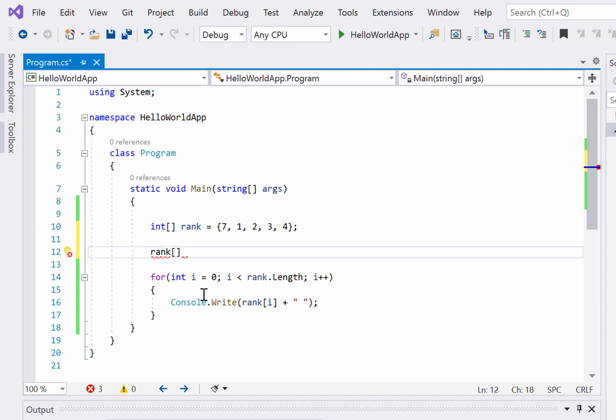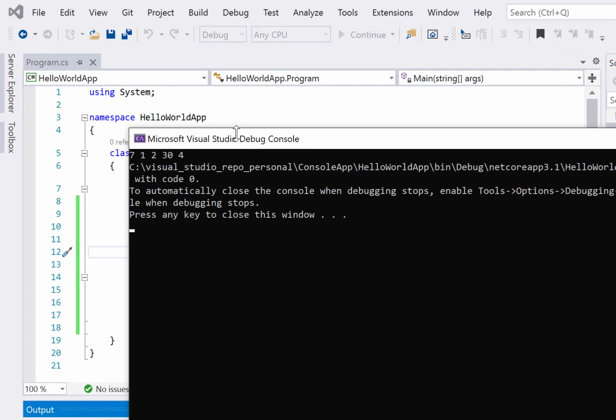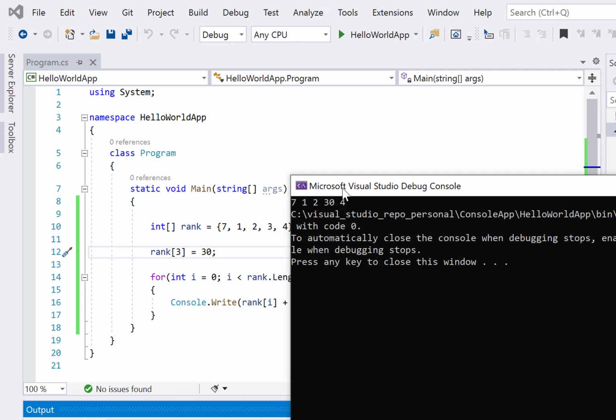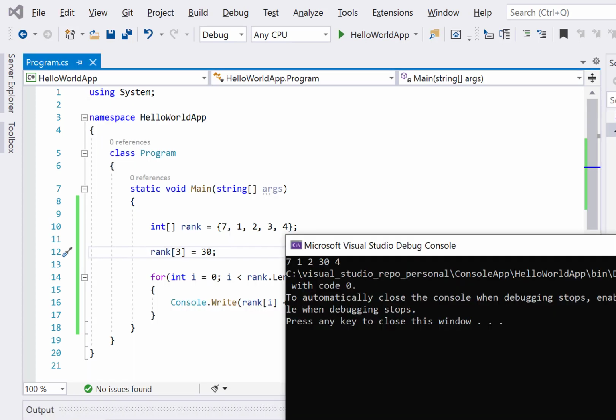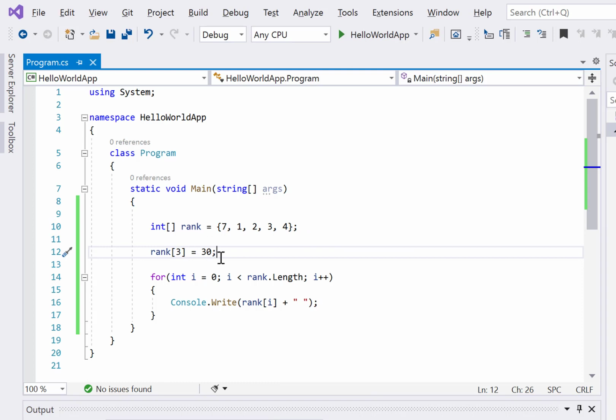So if I want to change the value of this one to, let's say, 30, and now you run the program, you can see this value of 3 has been changed to 30, because here we changed the value via the index, right? So this shows how we can update the value via indexes, right?